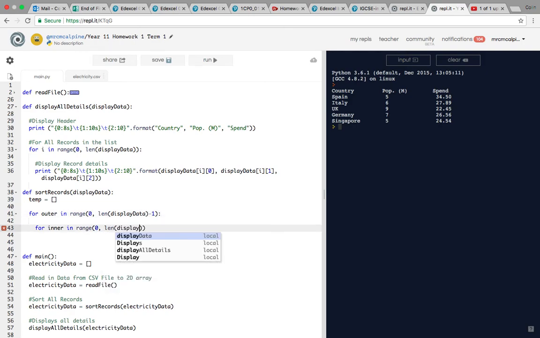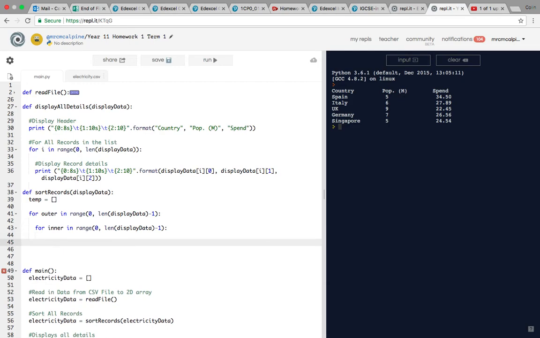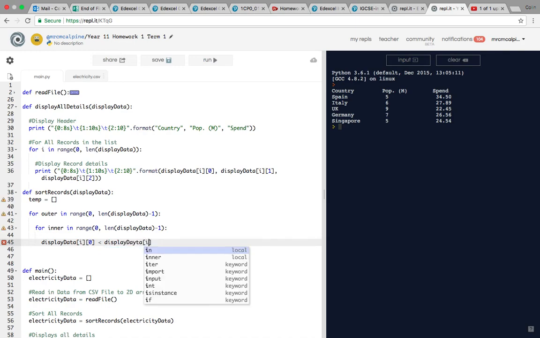Length display data -1, and that's because of the way we do this swap, where we are checking if display data at I, which is the current one, at position 0, which is the country name, is less than display data at I plus 1, but at the 0 index, I obviously need the if there,